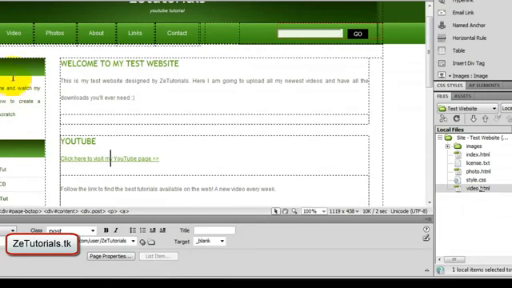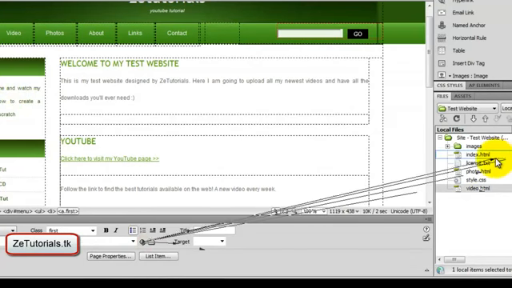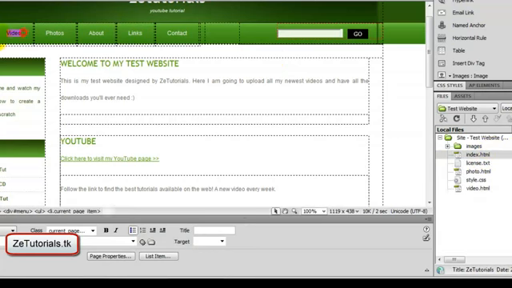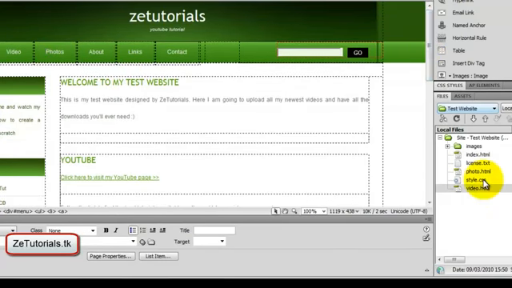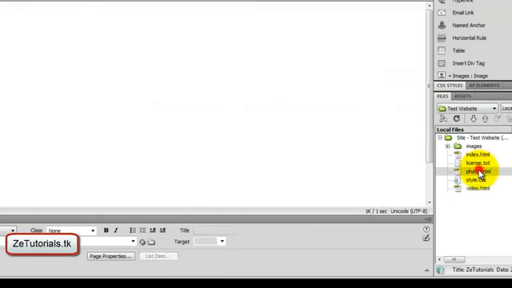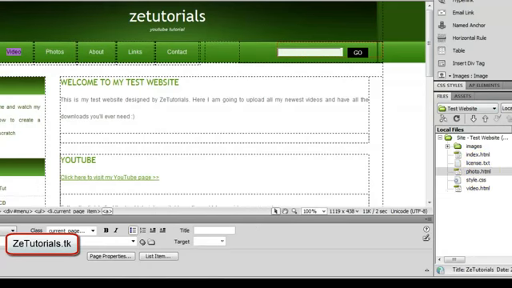Do the exact same thing on your index page, point and drag over to index, and on the video, point and drag over to video. Now we're going to open up the photos page. So we're going to click on photos, but before we edit that,